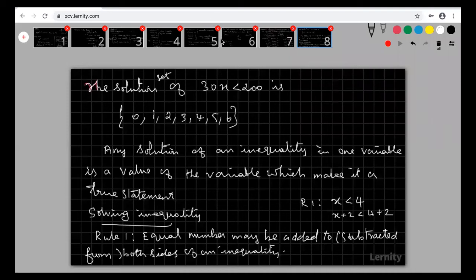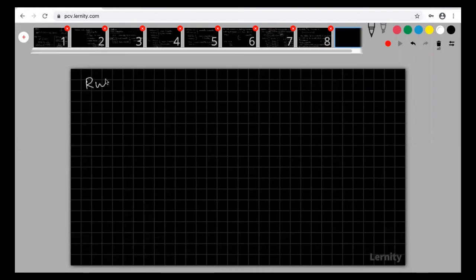Come to the second rule. What is my second rule? It can be any number, Kavintra. Negative numbers also, you can add anything. You can write the solution in set builder form also. Sir, you are writing the solution in roster form, can I write in set builder form? Yeah, that is also correct. Sir, I wish to add -1 and -2. No problem, you can add to both sides.